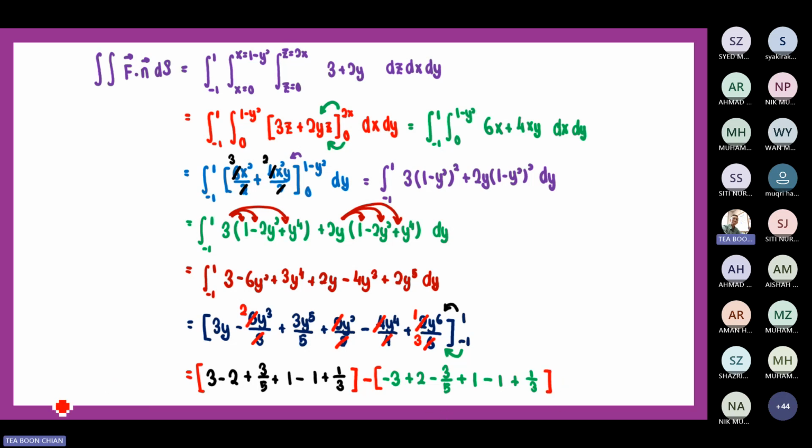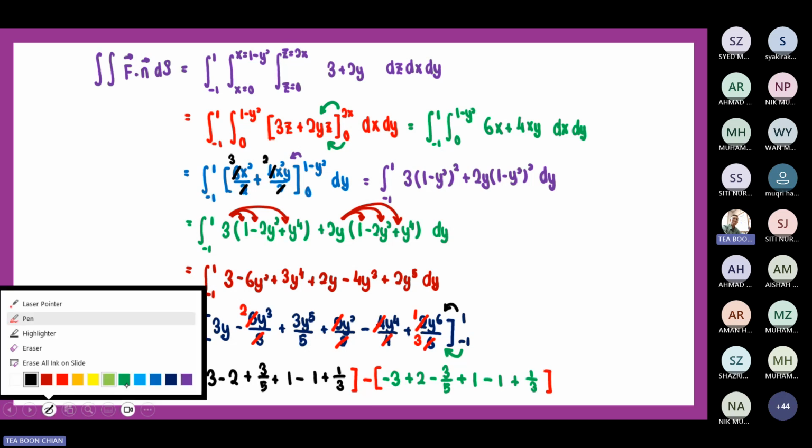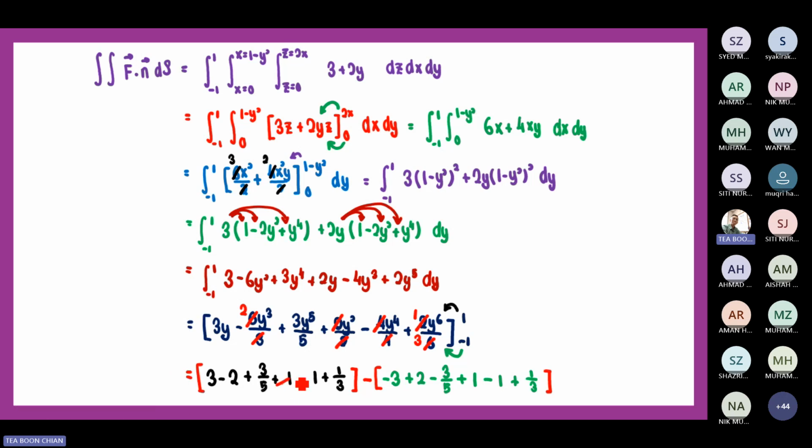So also check for me if there is any error. First thing first, 1 tolak 1 hapus. Plus 1 minus 1 eliminated. Okay, ada lagi ke? Next, 1/3 minus 1/3. Yes, this part can be eliminated. The rest tidak, sebab 3 minus 2